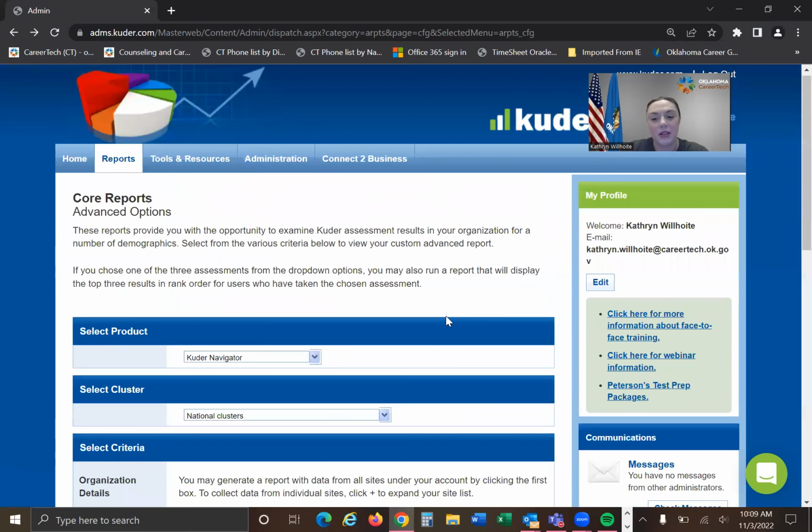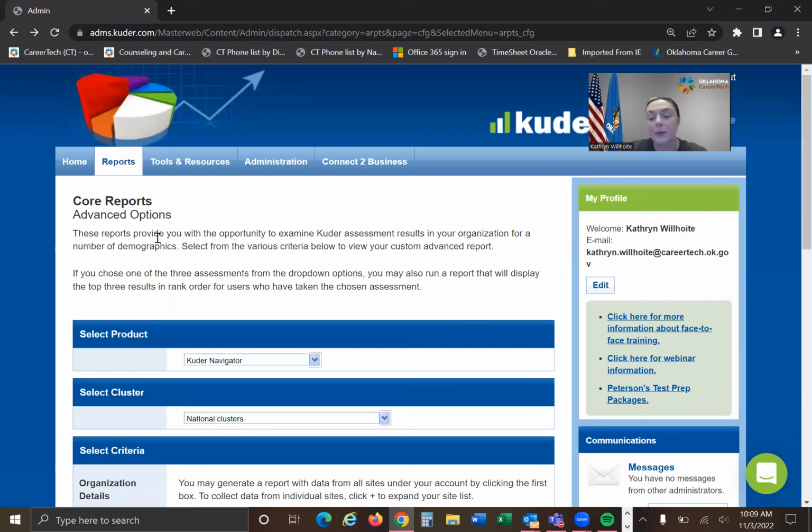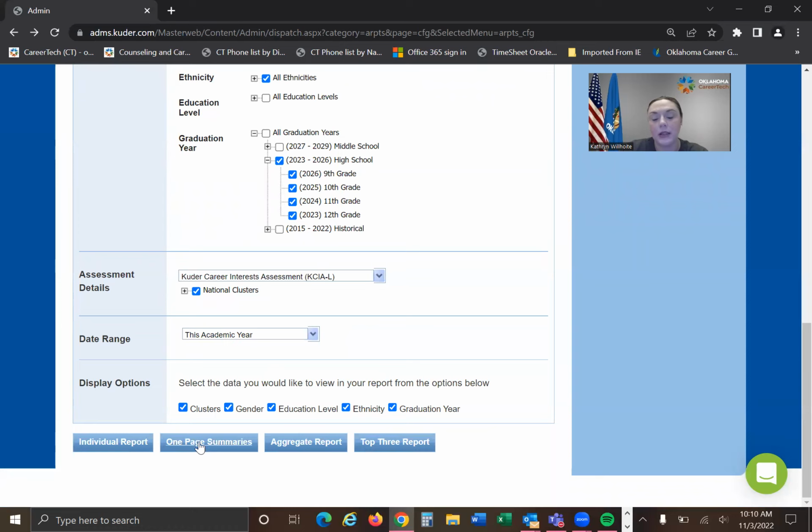They just show their top clusters. You're welcome to play around in those. I'm not going to show you those today because I don't think that they're as important as the one-page summary is. So